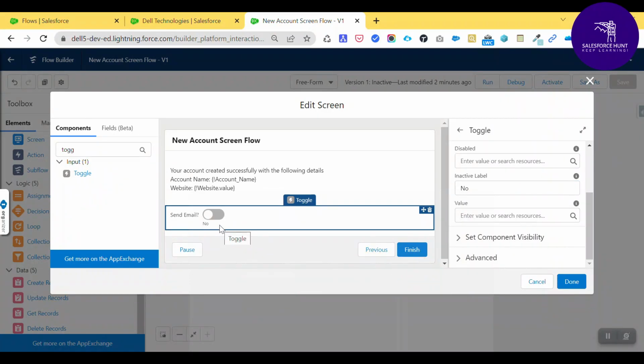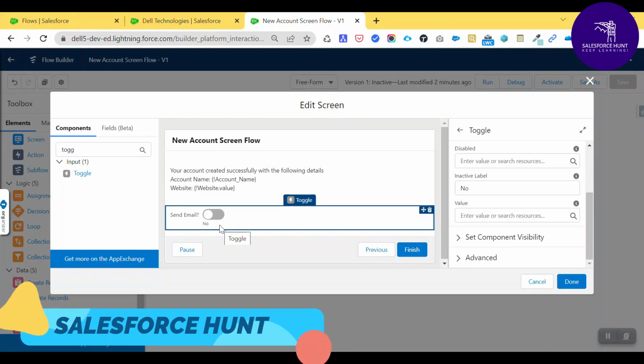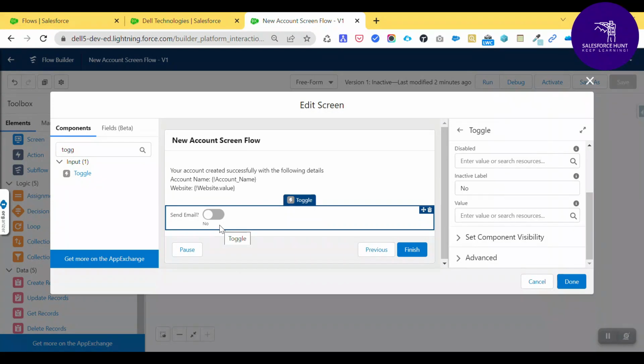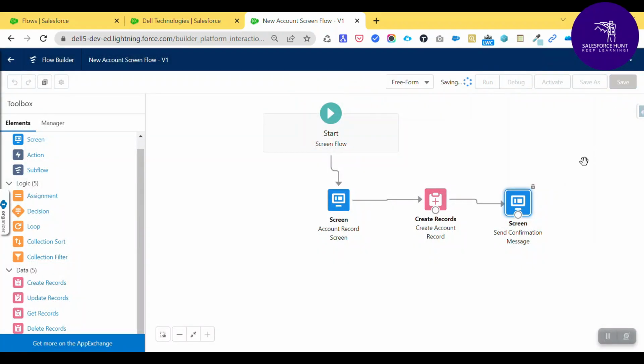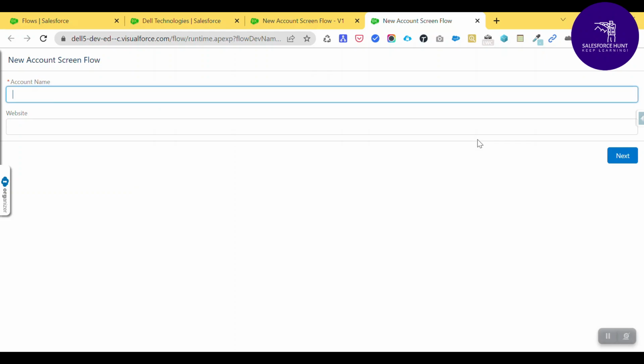Previously you could see active or inactive, but right now I'm not displaying that, I'm displaying yes and no under the toggle button. So just do it and save it, and let's see what happens. Just run this flow here, and once you run this flow,